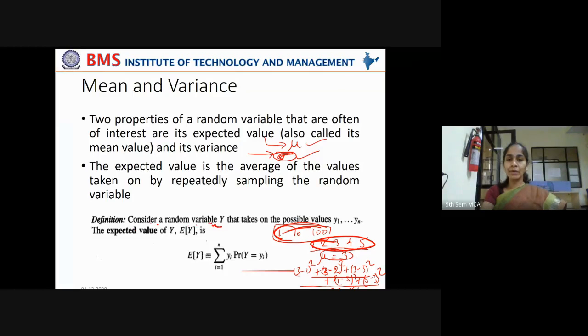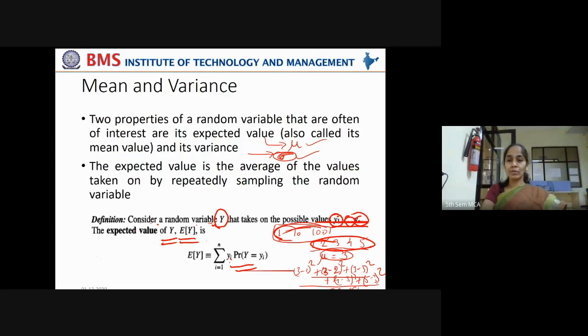Consider a random variable y that takes on the possible values y1, y2 and so on up to yn. You don't know the random variable's value, what value it may take, until you perform the experiment. That is why it is called a random variable. But we are considering that it may take possible values y1, y2 and so on up to yn. Then the expected value of y, or we can also represent it as E of y, is called the mean value of y or average of y, and that is calculated by